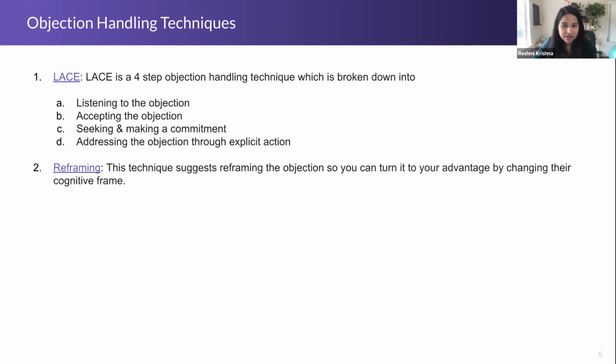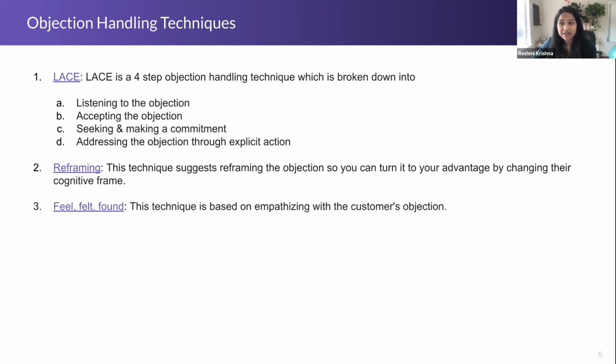The second one we'll be going through is reframing. And this is really, really popular. This is where you change the cognitive frame of their mind. So essentially you up-level the conversation. So if somebody is talking about direct competitors, maybe we can up-level them to our DevSecOps play. Maybe we can talk about security, shifting left, and so on. And you will see that in action in one of our customer examples.